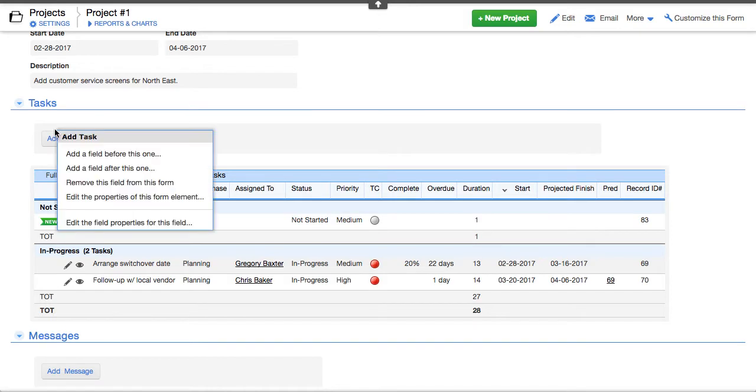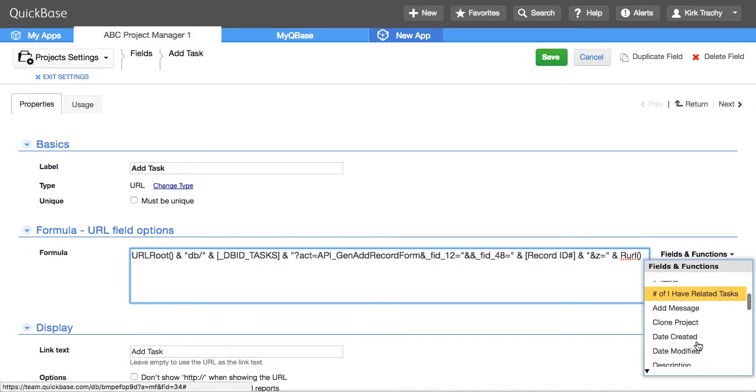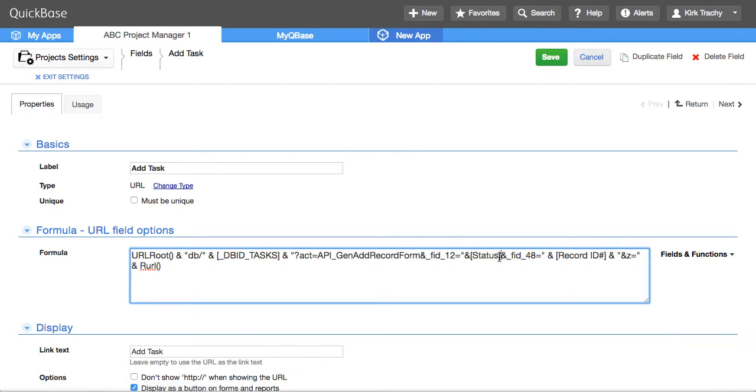Well, we can append what this URL says right here, and we can say &_fid_12= and now what we're going to be doing is adding the, and let me put a quotation mark, and the field name, which is status. Now this is from the parent right here, status, there,